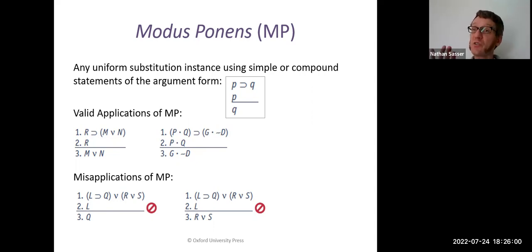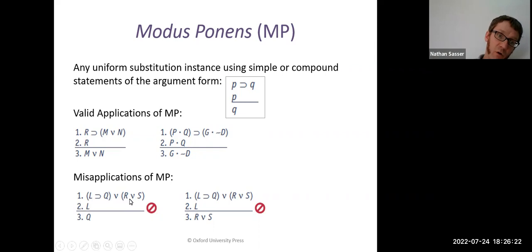Now, here's ways that you can screw up modus ponens. And these basically involve trying to apply modus ponens to part of a premise. You can't apply the implication rules to just part of a premise. They've got to apply to the whole line. So we've got